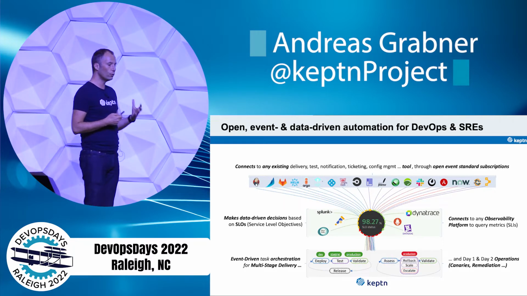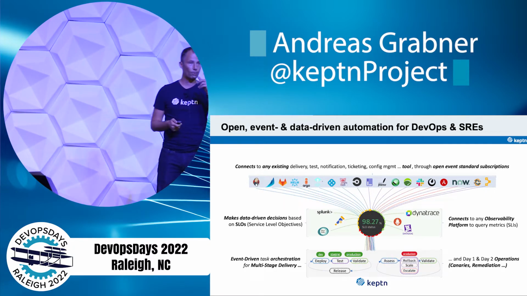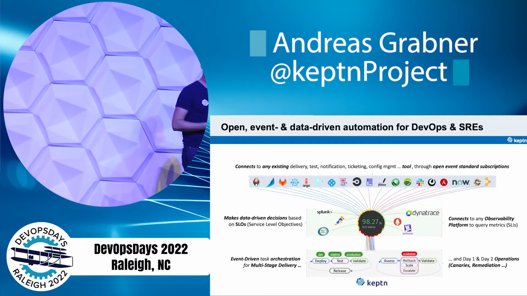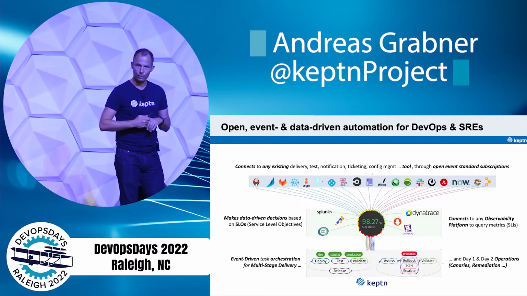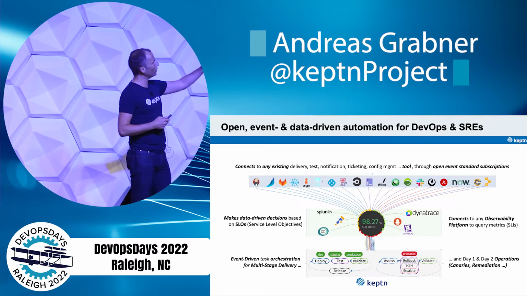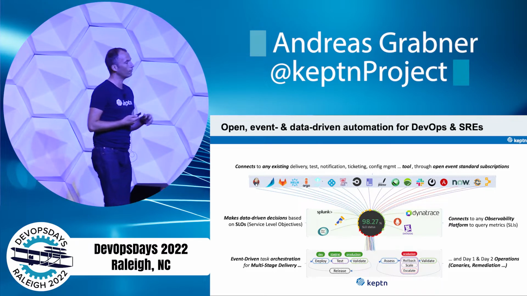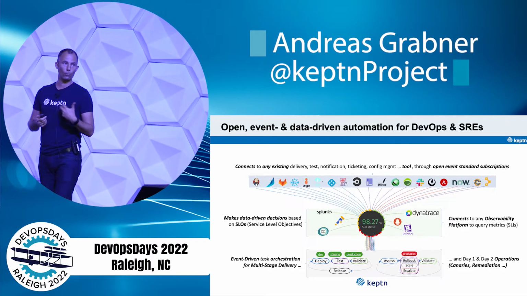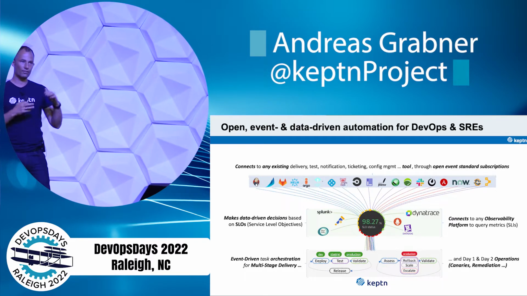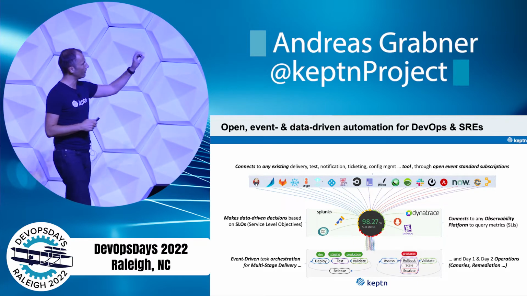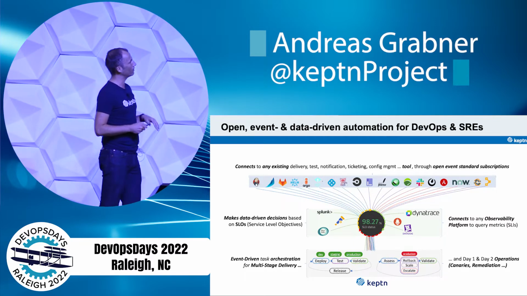Therefore, we have 2 major use cases. And I know this is probably pretty hard and small to see from the back. I think we share the slides later on as well, if I'm not mistaken. But what it really is, it's an event-driven task orchestrator on the one side for multi-stage delivery, so you can define your tasks that you want to execute. You define a process, just a process, no tooling, like deploy, test, validate, release, and over multiple stages.